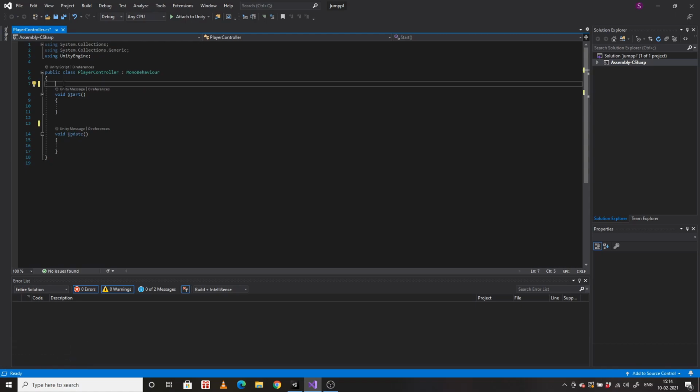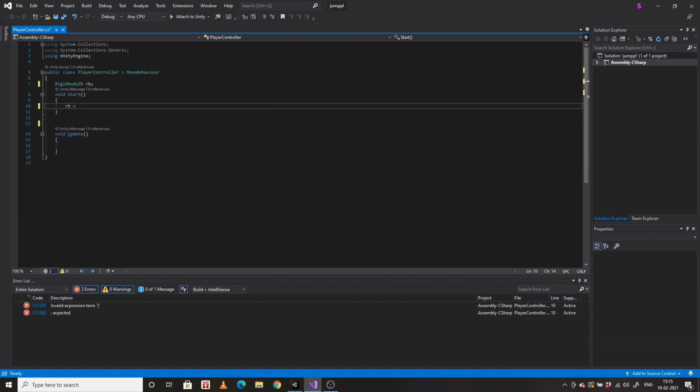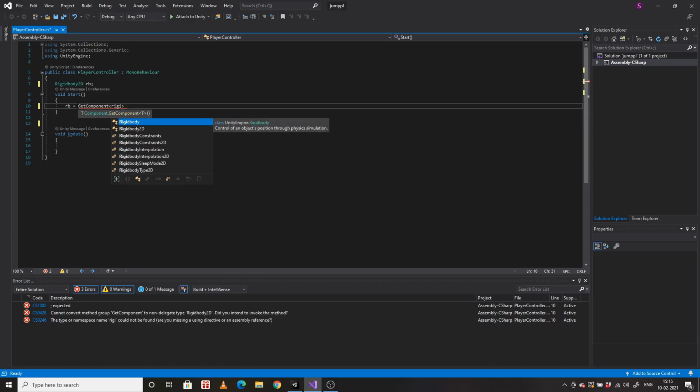Now we want our rigid body. And to get the rigid body, I will type Rigidbody2D and name this one rb. And to get the rigid body from the player game object, we need to write here in the Start: rb equal to GetComponent. So we are getting the rigid body component from the player game object, and we have already attached the rigid body component to our player. So type Rigidbody2D,